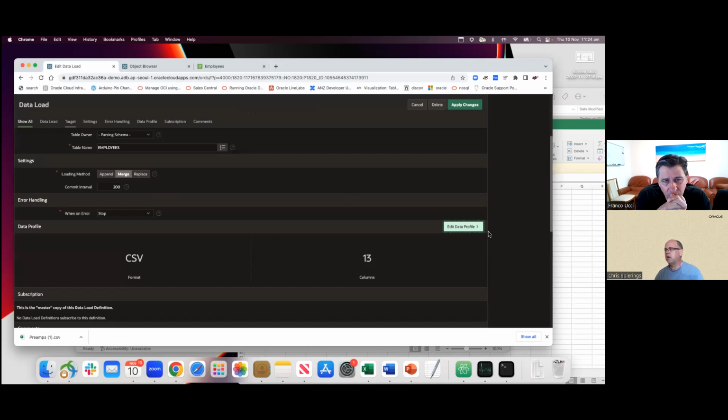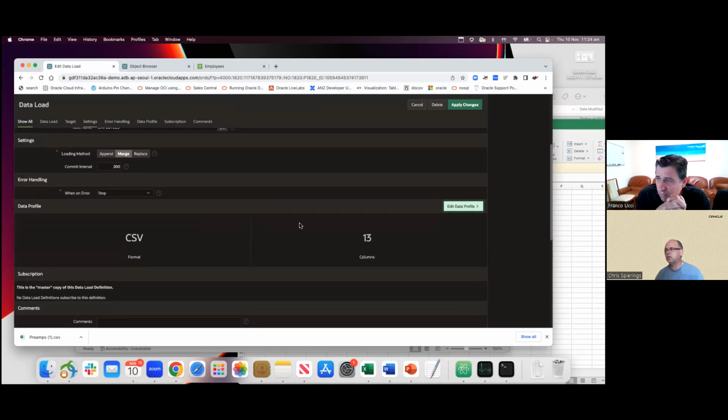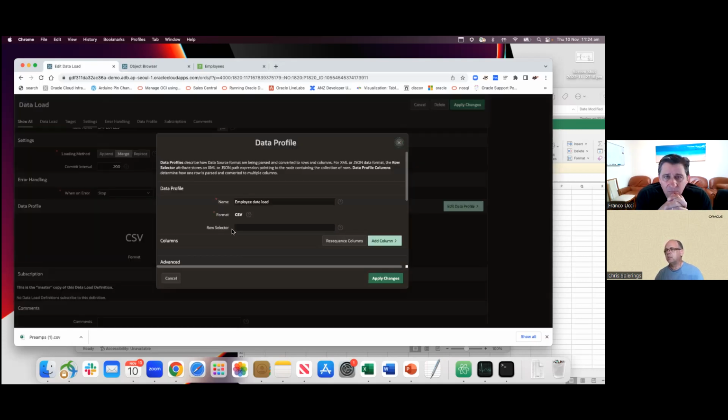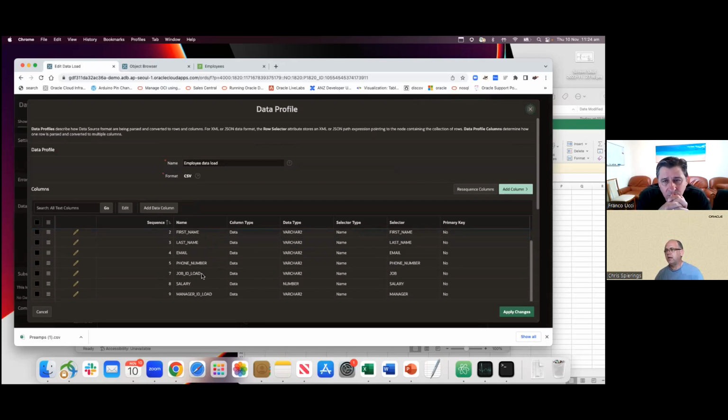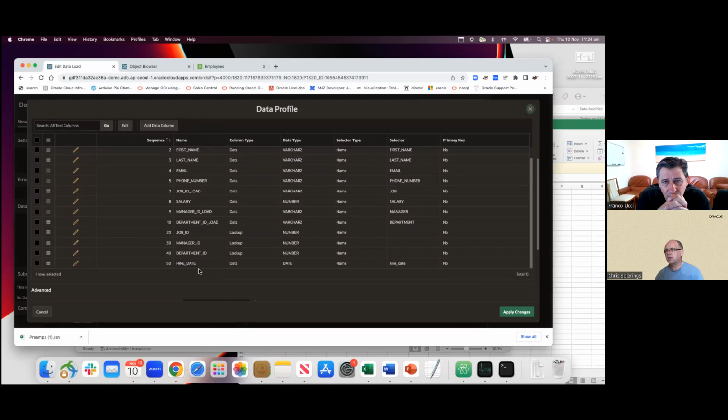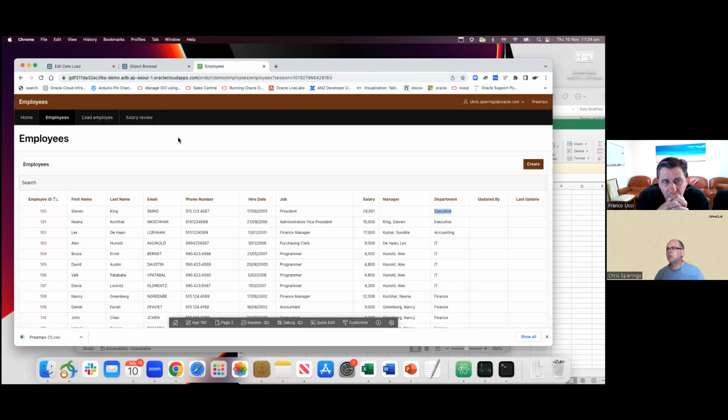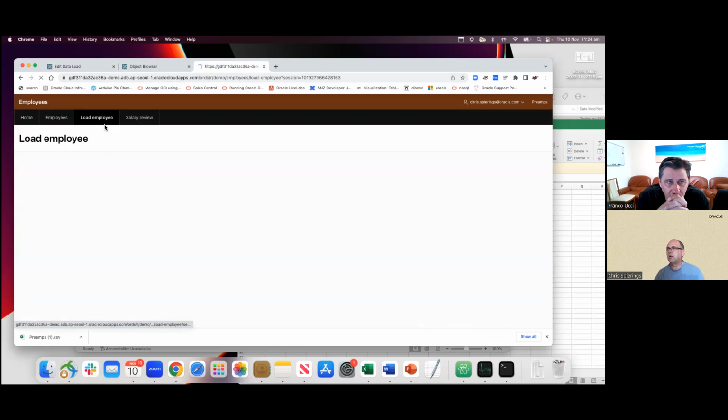So there you go. And I've done this on a few different columns. All those columns that reference another column, I've created these lookups. You can see them down here. I renamed these ones load. And then as I go down, I've created a job ID, a manager ID, and department ID. They're all lookups. So if we were to go to our employees now, and click on load employee,